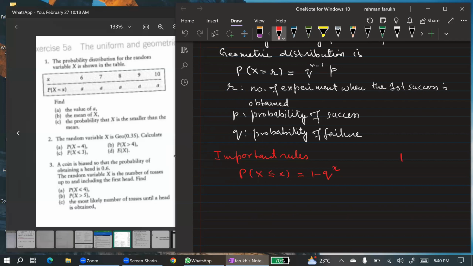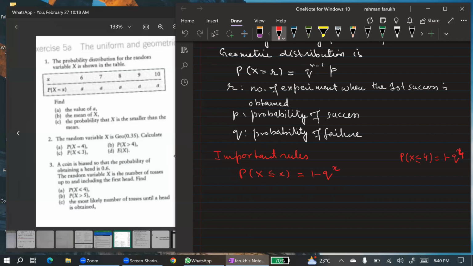Probability of x is, sorry, greater than... Now, we will have to perform at most 4 experiments to get the first success, not at least. Probability of x less than equal to 4 is equal to 1 minus q power 4. फिर ये है कि x इज 4 या 4 से पहले सक्सेस आ जाए उसकी प्रोबेबिलिटी है।